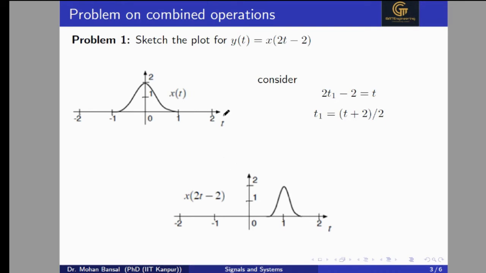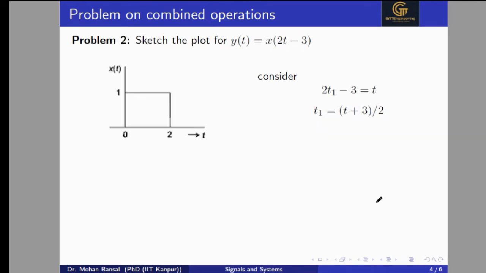So directly we can plot any kind of signal. We can apply it whether shifting, scaling, or reversal is there, or any combination of all three properties. Just remember, consider this as a new variable, 2t1 - 2, set it equal to t, pick the values of t from x(t), and find the value of t1. In that range the signal will come.